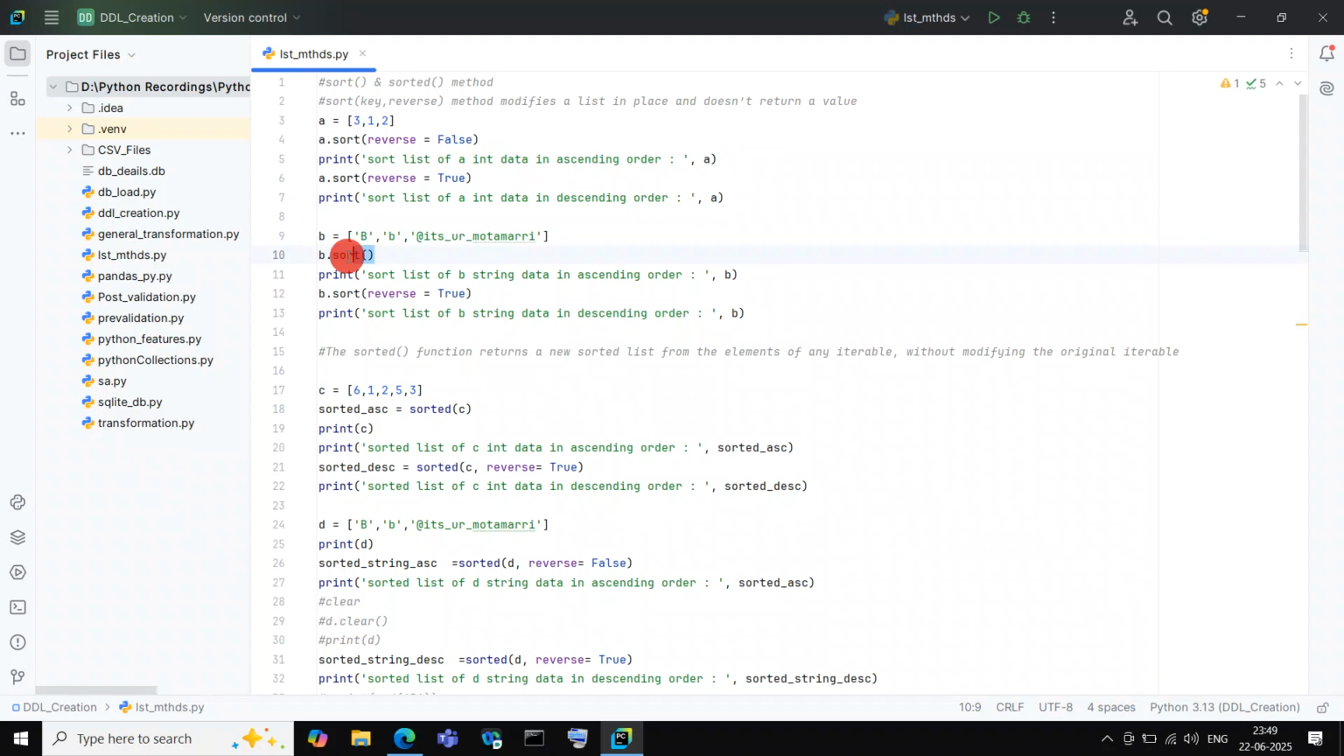Here we are just using b dot sort, b dot sort with reverse true or false. False means ascending order, true means descending order. By default it will be the ascending order. If I run,